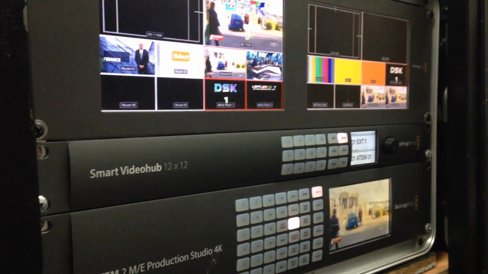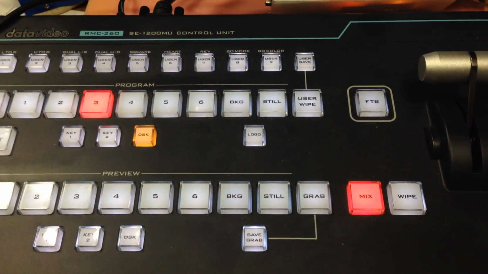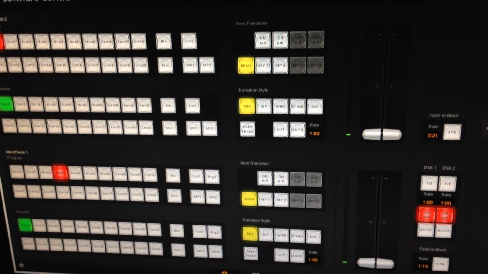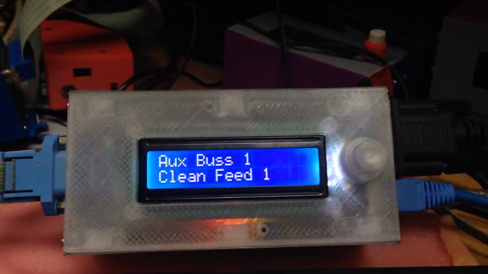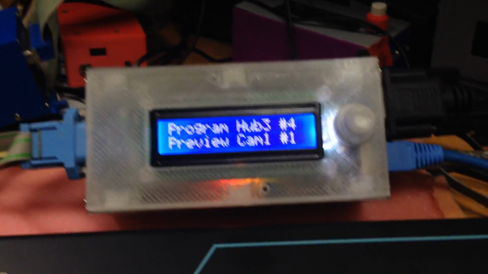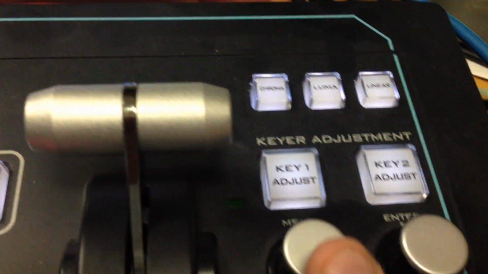This is part 2 of a multi-part video demonstrating how to use the RMC260 control panel made by Data Video, controlling the ATEM line of production switches using a box called an RMC2ATEM controller. In here we're going to be using the menu knob and the enter knob to select our menus